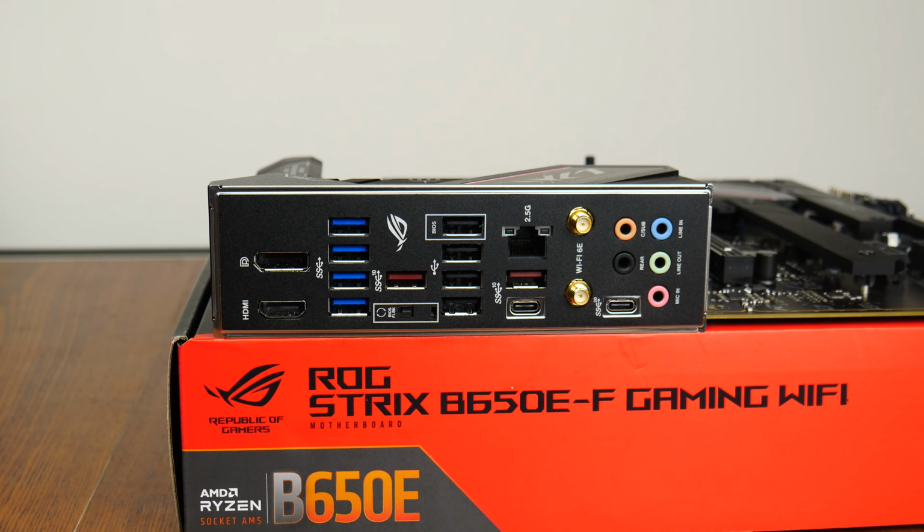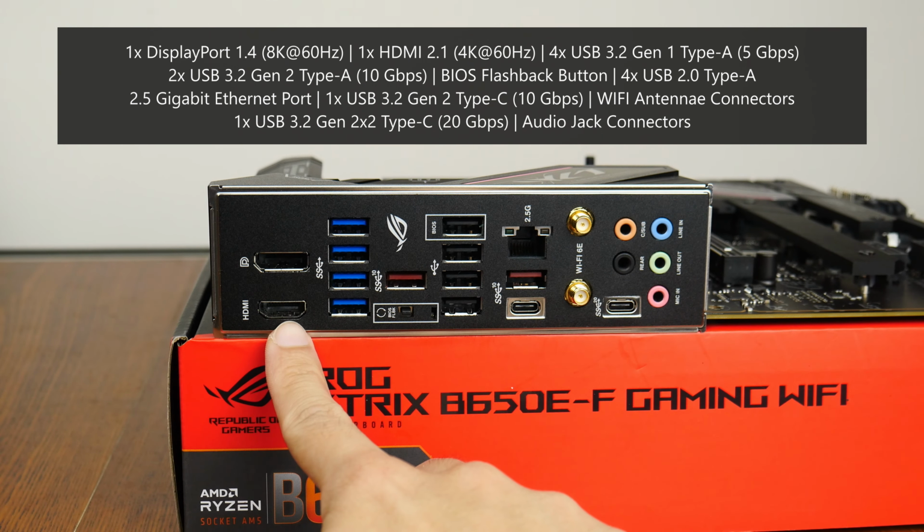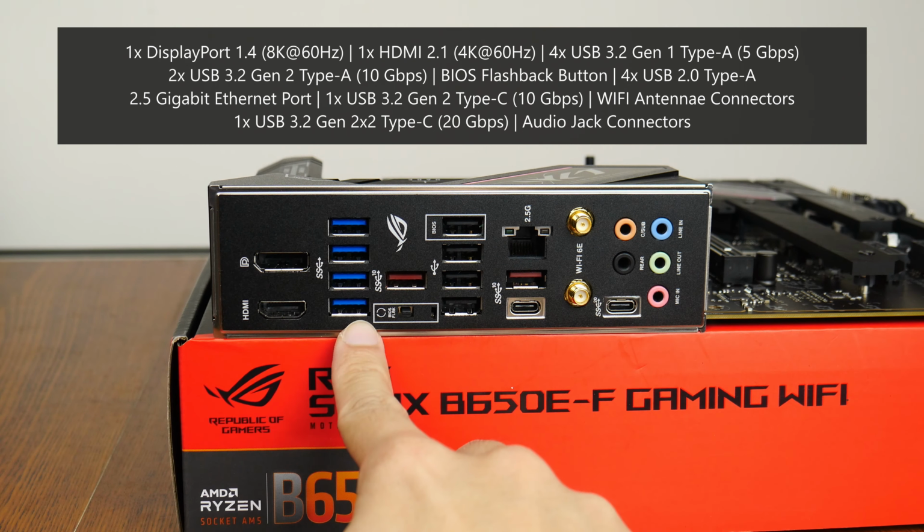Moving over to the rear I/O, the ROG STRIX B650E-F Gaming Wi-Fi goes for an integrated I/O shield design in black that looks pretty nice. The board comes with a DisplayPort 1.4 connector supporting display output of up to 8K resolution at 60Hz, a HDMI 2.1 port that supports display output of up to 4K resolution at 60Hz, 4 USB 3.2 Gen 1 Type A ports,